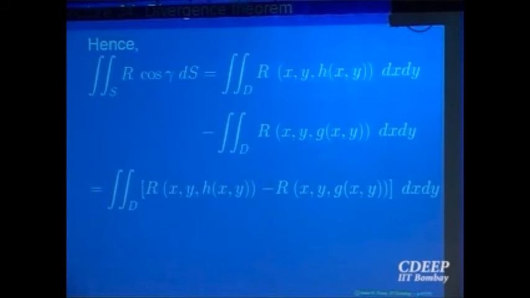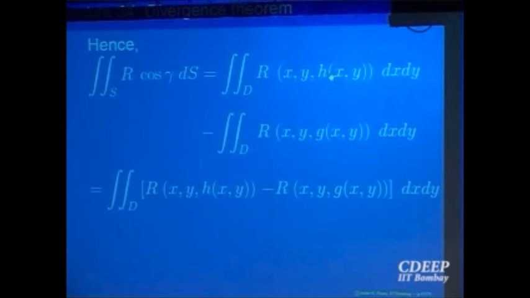The projection for both is the same on the xy plane, top and bottom. Okay, so that is D. So it's a double integral of R over D, starting at h(x,y) and going up to... only z is varying for the top and the bottom. The projection is the same. So as a double integral, only a negative sign comes for the second one because the angle is obtuse. So this is the same: the two terms come, one with a negative sign.